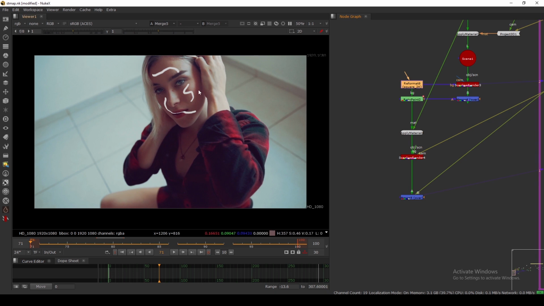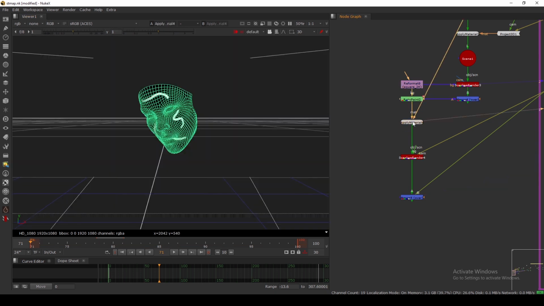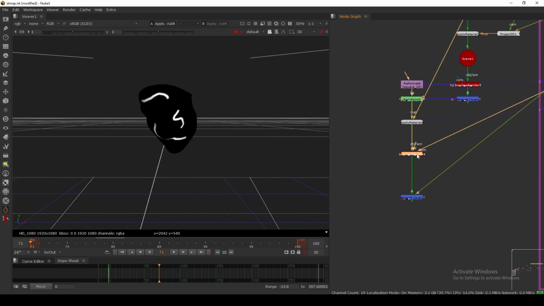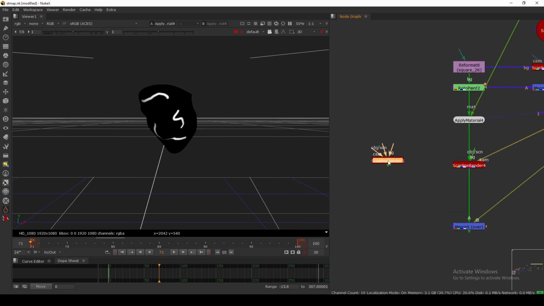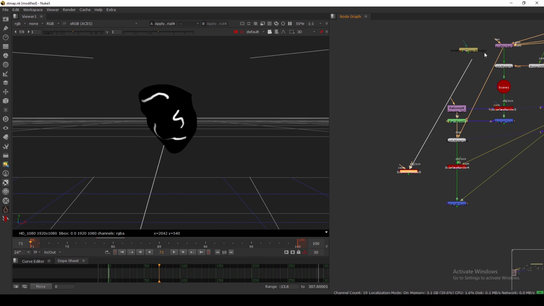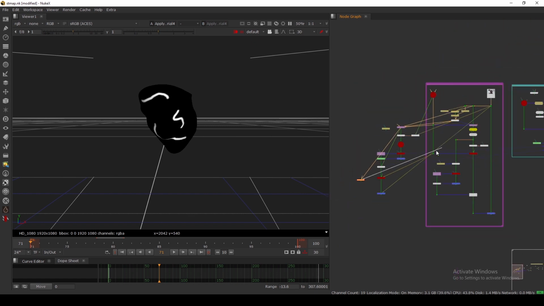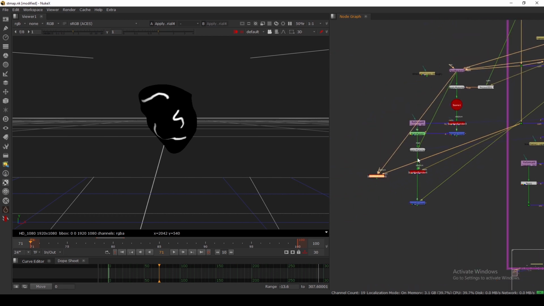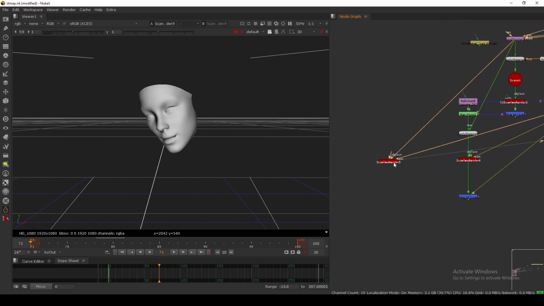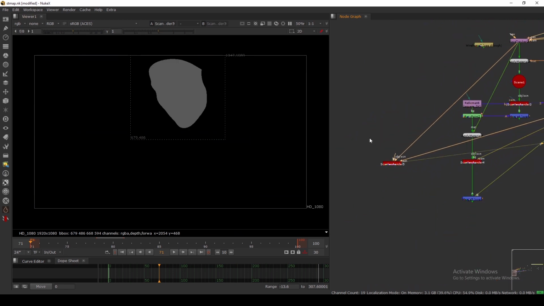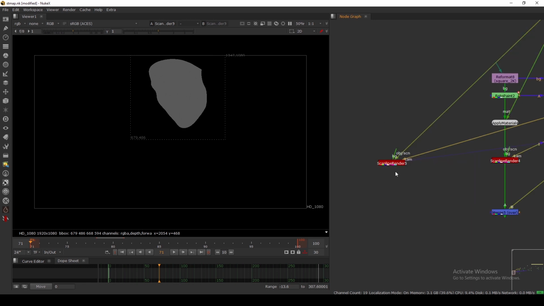Another advantage of doing this, you can do a relighting. As you can see, we have this face model, right? So I'm taking another one here and connecting this to the scene. I'm connecting this camera to the camera, and just viewing this one here. So we have this gray. So what I can do,